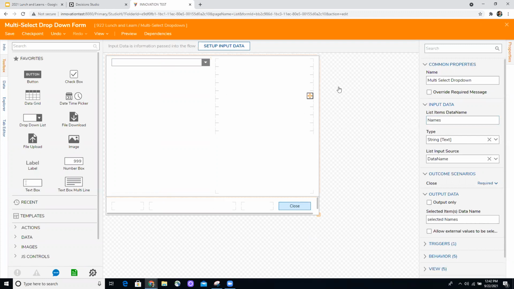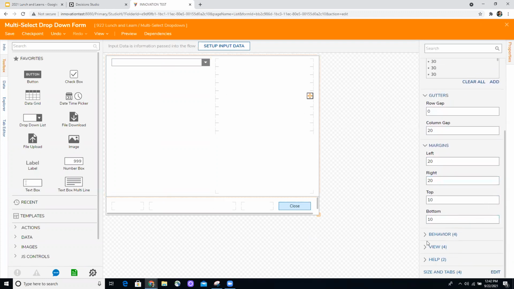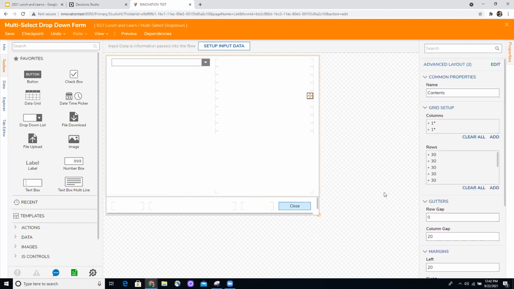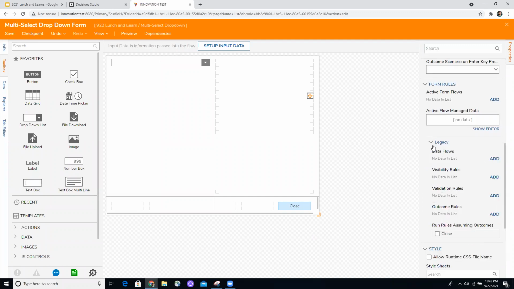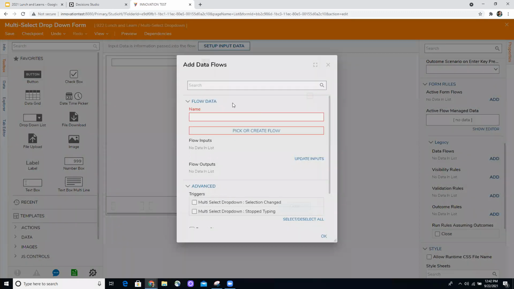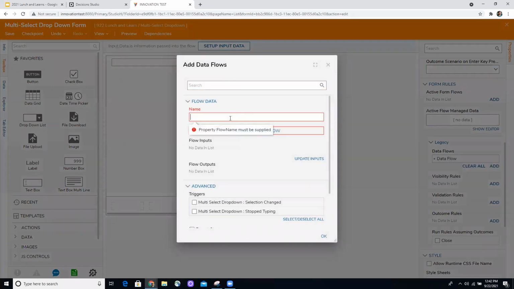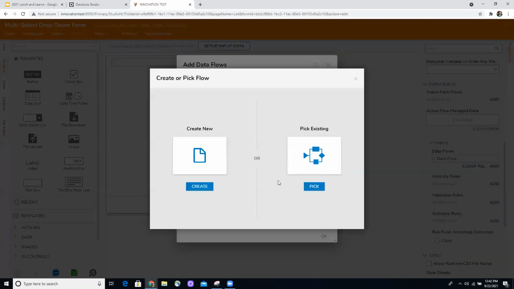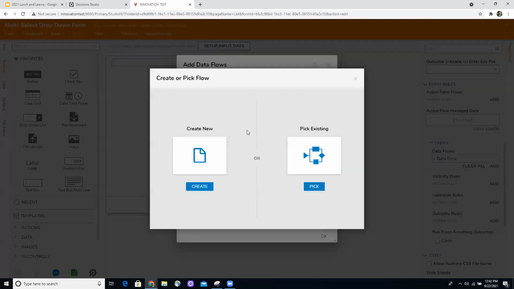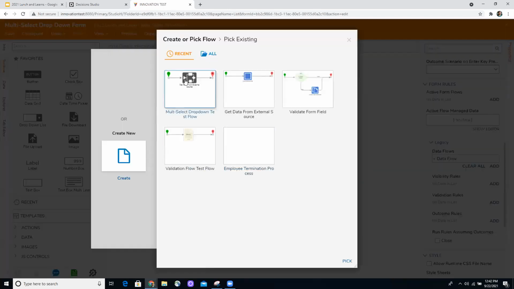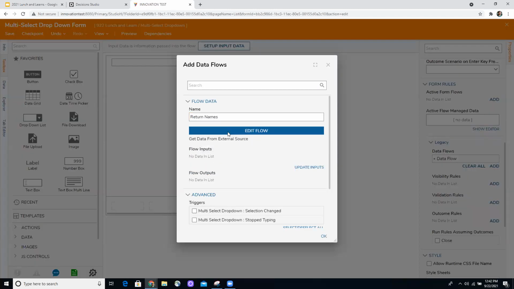So names, and then I need to configure the data flow that runs on that. I'm just going to pick the other one that I already made. Plug that in.